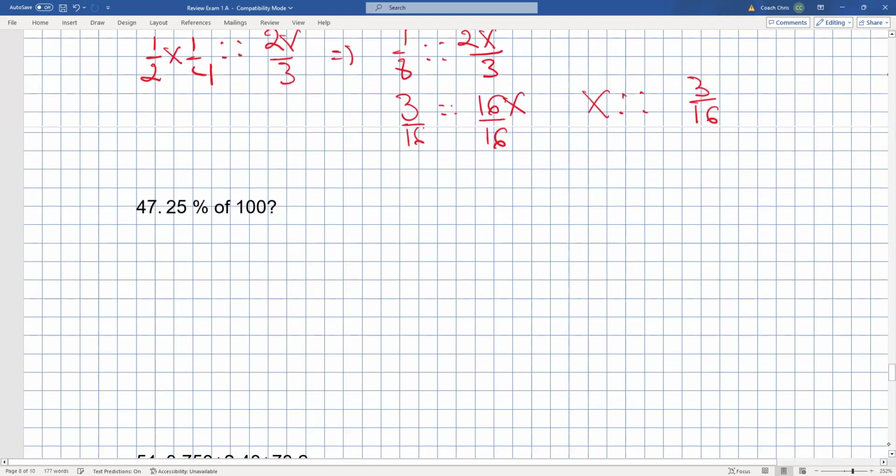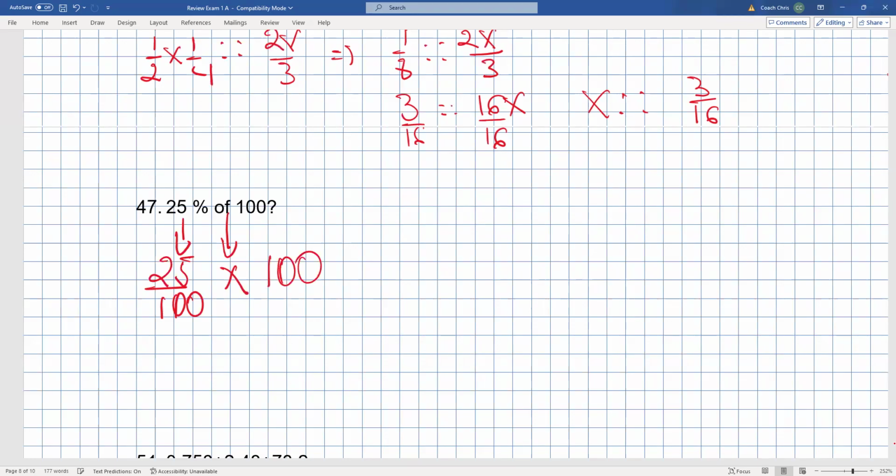All right. 47. What is 25% of 100? Now it's a recap. Make this number a decimal. How do you convert a percent to a decimal? You get that number, divide that by 100. This is how you convert any number to a decimal. This of will become a multiplication, and then you multiply that by 100. So once you do 25 divided by 100,